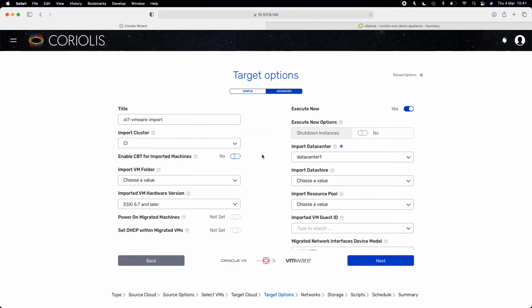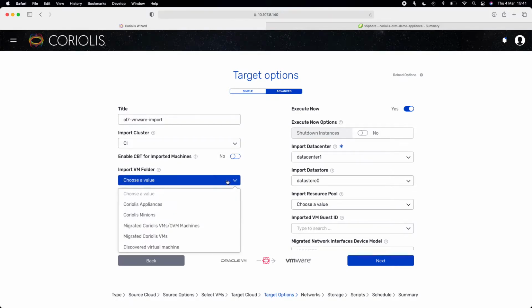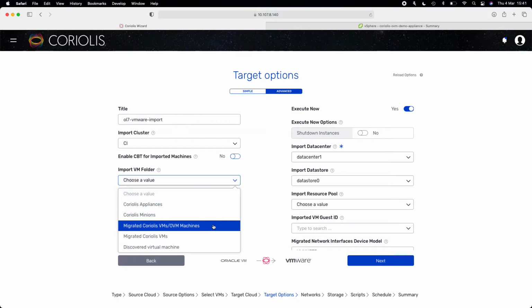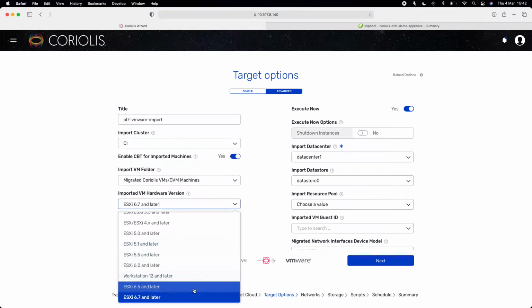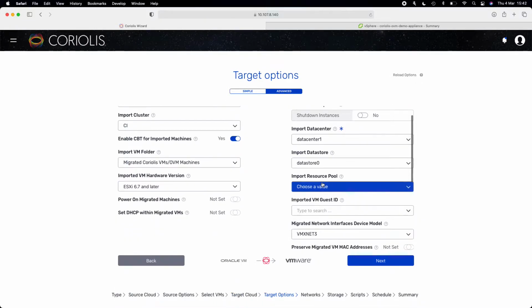Based on the data center and cluster selections, we can then go ahead and select things like the data store we'd like the VMX files of the VM to be stored on, a folder in which we'd like the virtual machines to be migrated into, whether or not we'd like Coriolis to enable CBT for the virtual machine once it migrates it, the hardware version to use for this virtual machine, the resource pool to use based on the selected import cluster,